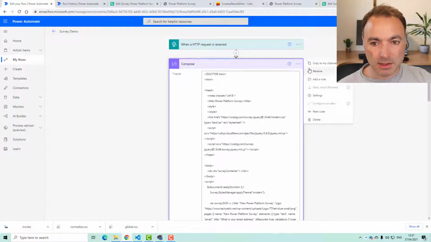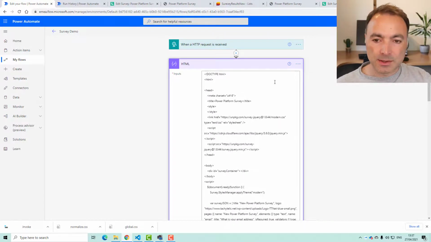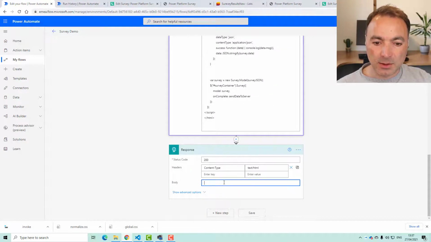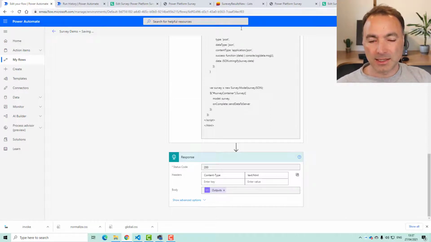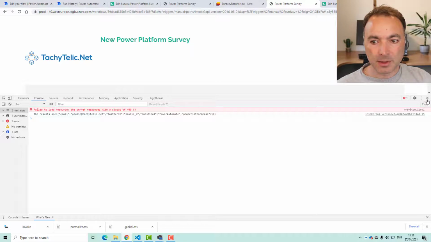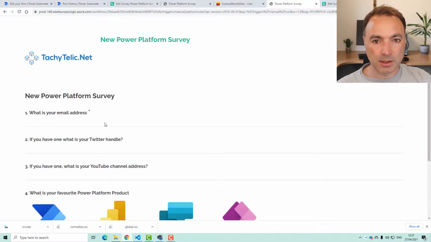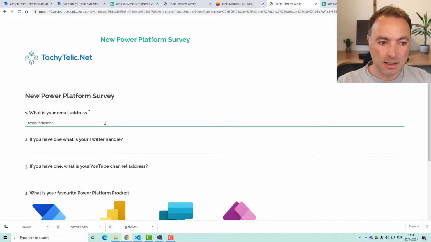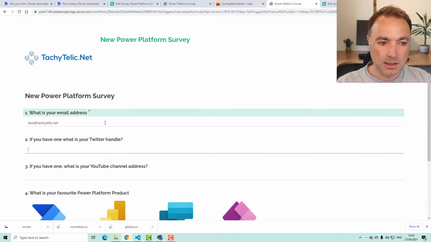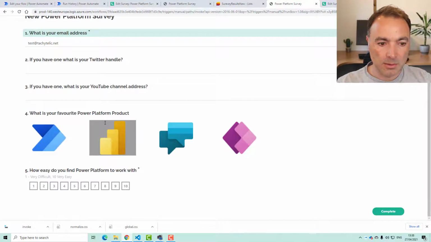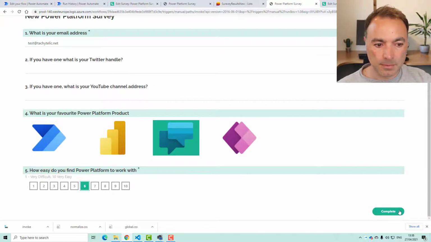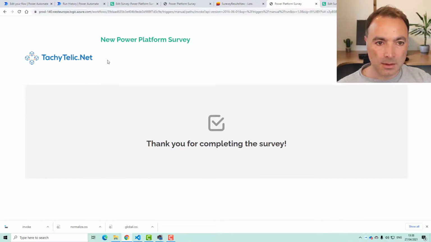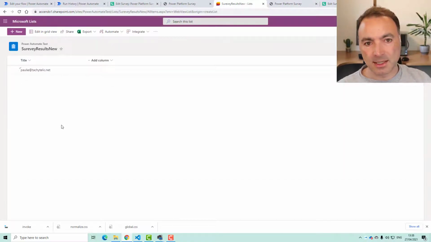I'm just going to rename this, because the get file content using path will just be a touch slower than having a compose there that's static. So if we go back to here, let's get rid of that debug window and refresh it, you can see that it still works. Let's put in a different email address. I'm not going to bother with these. And that's it. That should come through into this list any second.